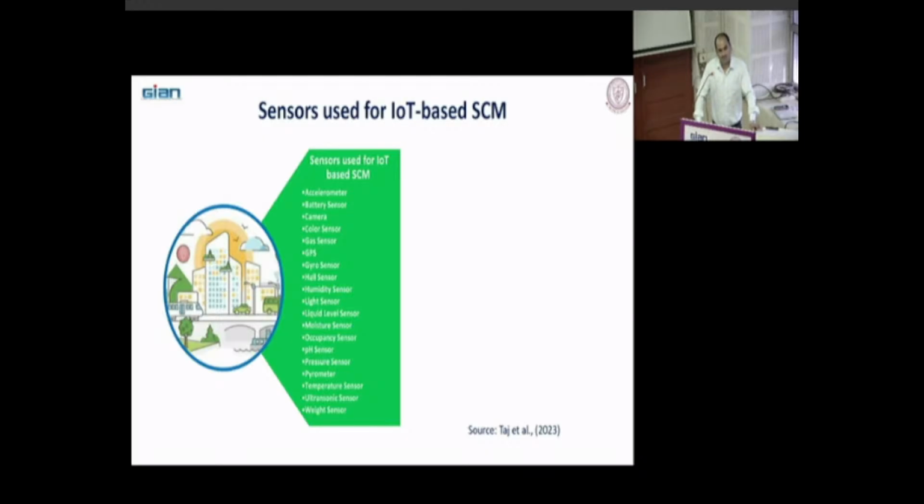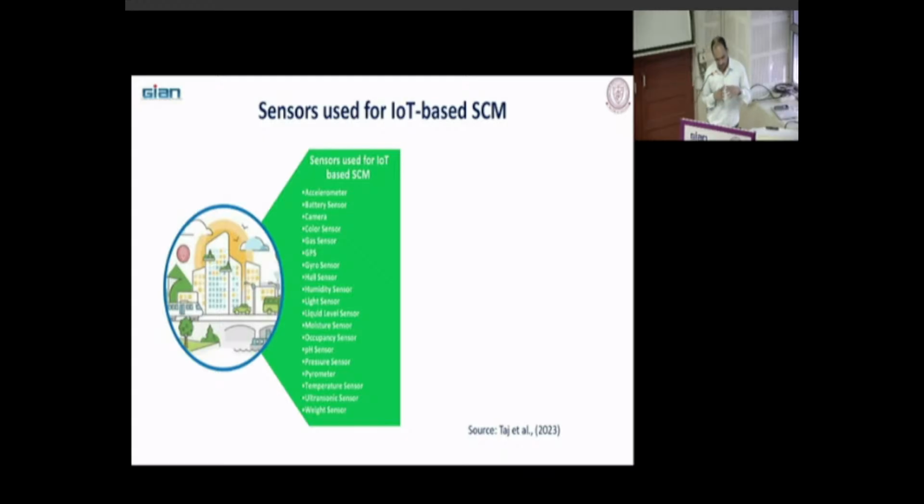Temperature related. Suppose you are transferring perishable products and you want to find out what is the temperature inside your vehicle. So you need the temperature sensor, humidity sensor, pressure sensors, moisture sensors, so many, pyrometer, weight sensors. So these are some of the examples of the sensors that you could use for the IoT applications in supply chain management.